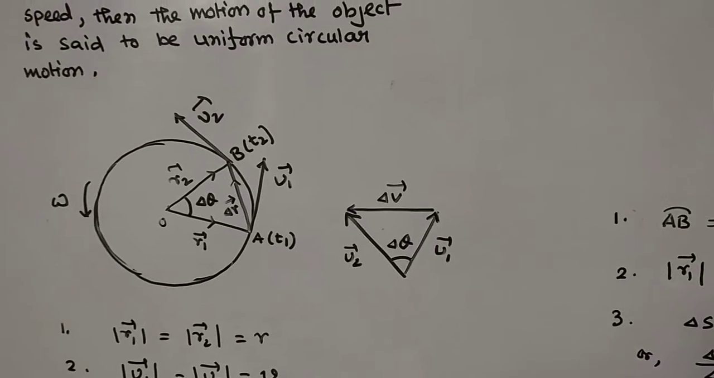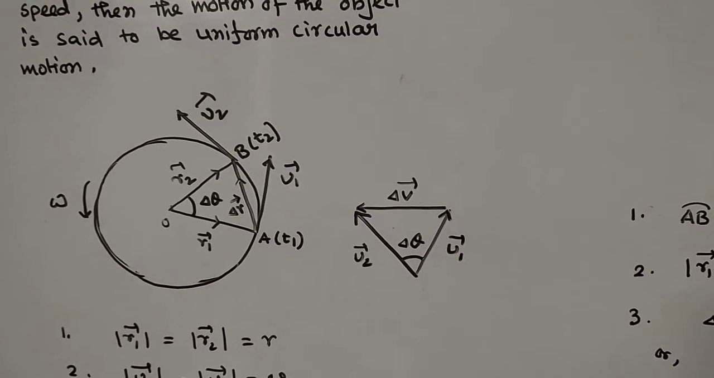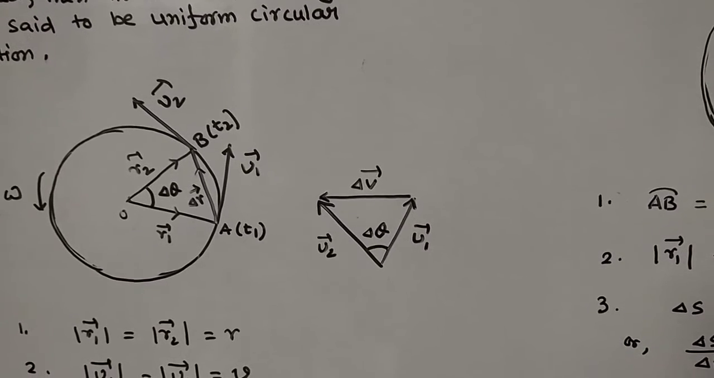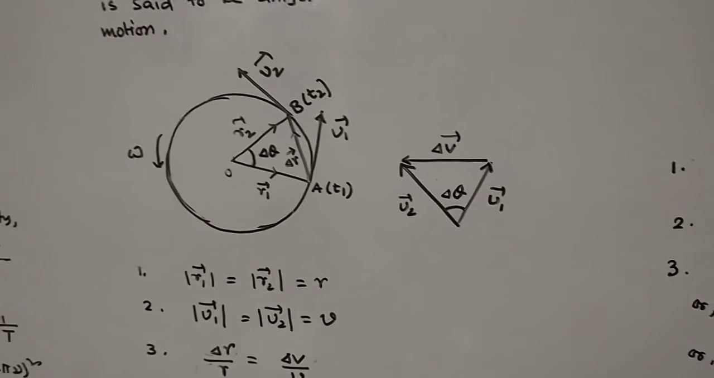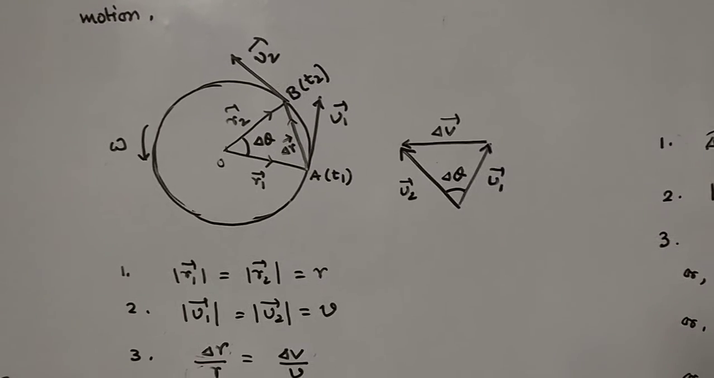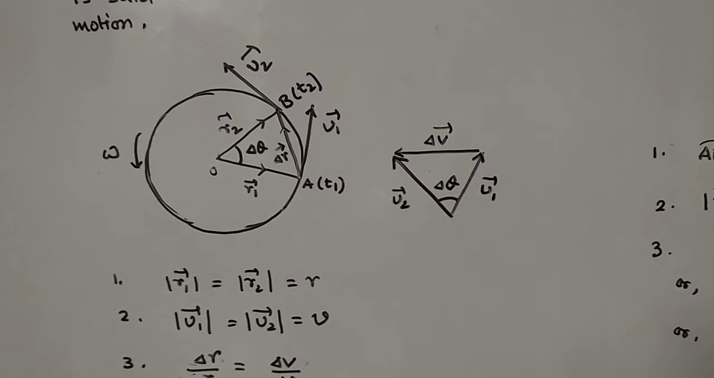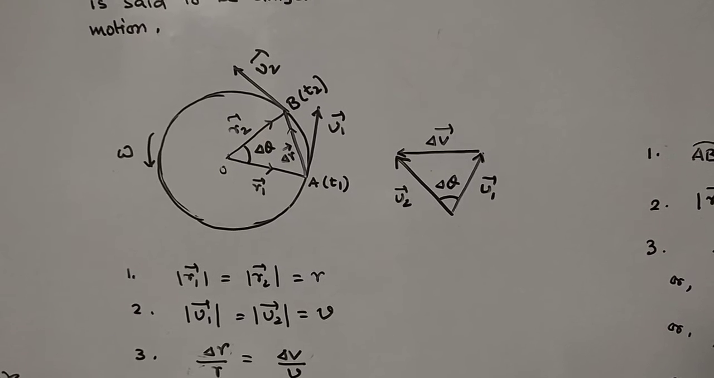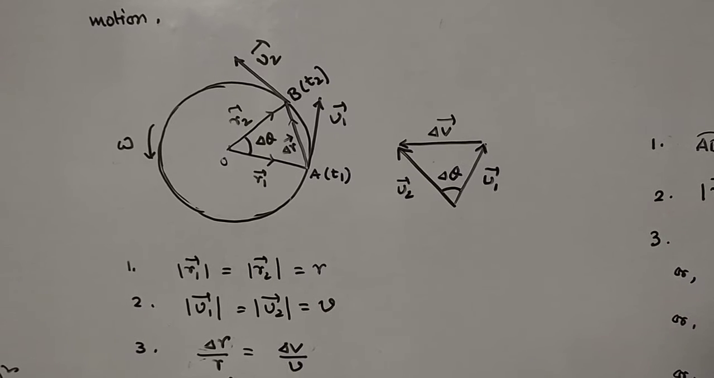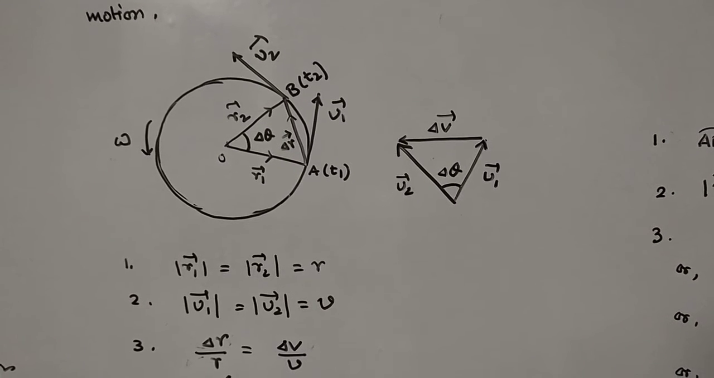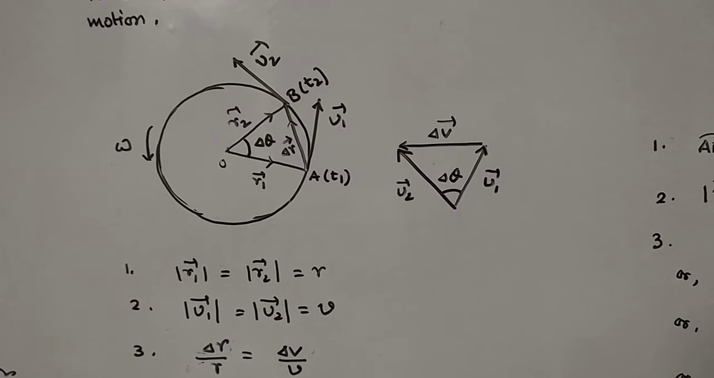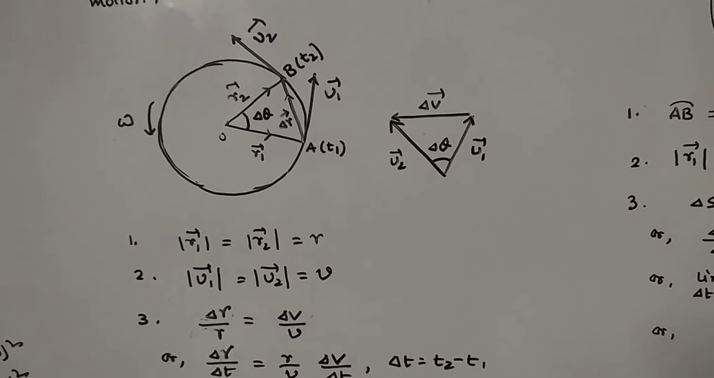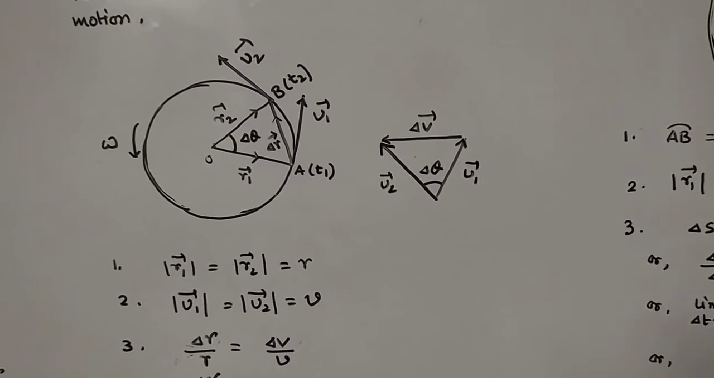So as the object is moving from A to B, that's why delta V goes from V1 vector to V2 vector. Now here we are considering these few parameters we have already defined. As the object is moving in a circular path, the radius is constant, and as it is uniform circular motion, the velocity magnitude is also constant. So R1 vector modulus equals R2 vector modulus equals R, and V1 vector modulus equals V2 vector modulus equals V. Now we are considering these two triangles